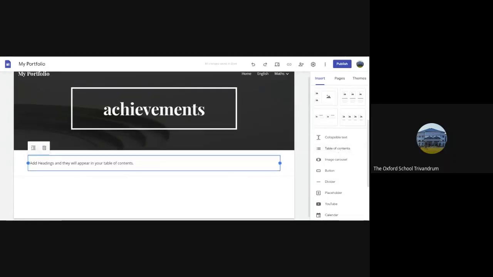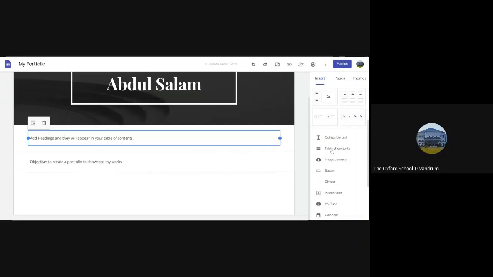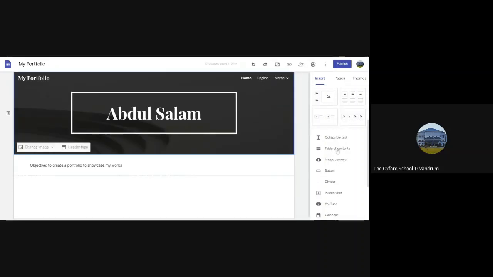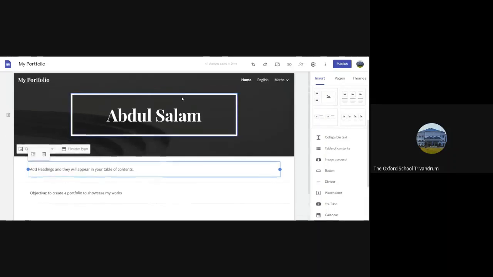If you want to add a table of contents, I will take the home page. This home page contains English. Just a minute. Table of contents. And here another option will come for adding text, alignment, picture, drive. The same options will come here also. So here you can type the table of contents if you want. I don't think it is necessary because the help page says what is next and what is next, right?